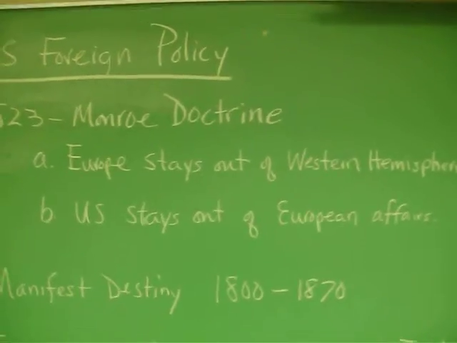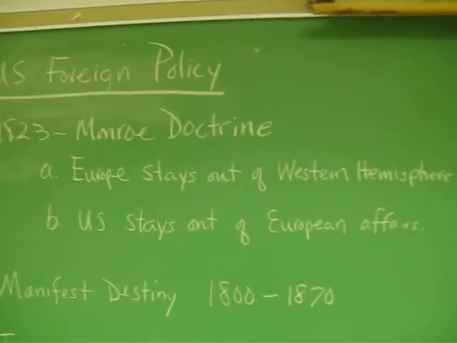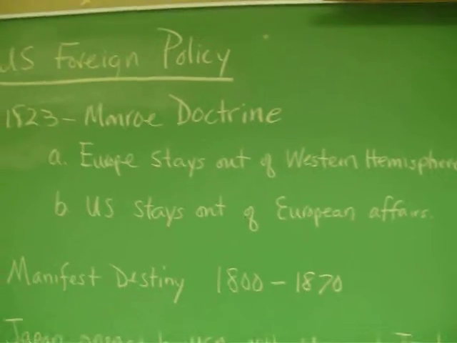And the two-part promise here in the Monroe Doctrine is that we promise to stay out of European affairs. I don't really think that made a whole big difference, our impact, because we were a lot more bark than bite. We didn't really have the power to project anything like this. But what we did have was Great Britain, who had the same sorts of feelings toward the Catholic nations of France and Spain, who would have been the two countries maybe most interested in coming back to Latin America, and probably were primed and ready to do so.